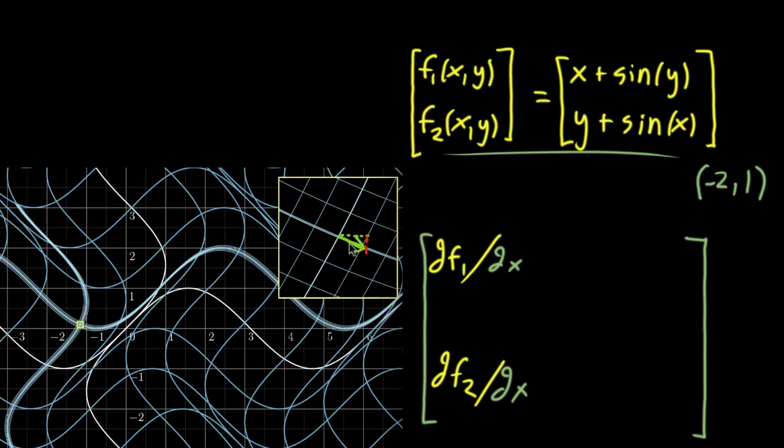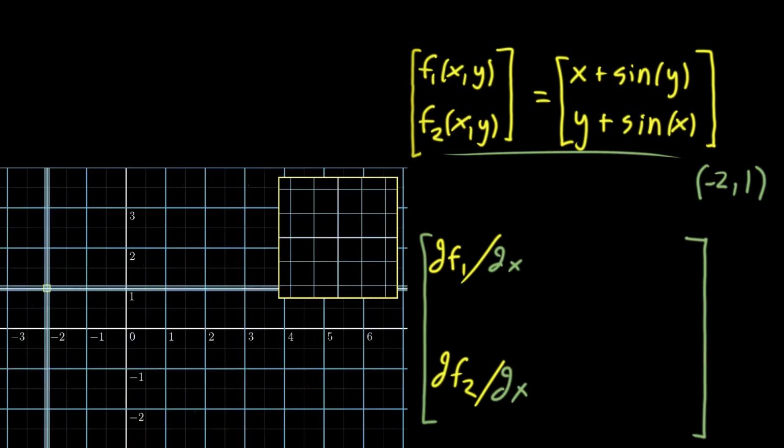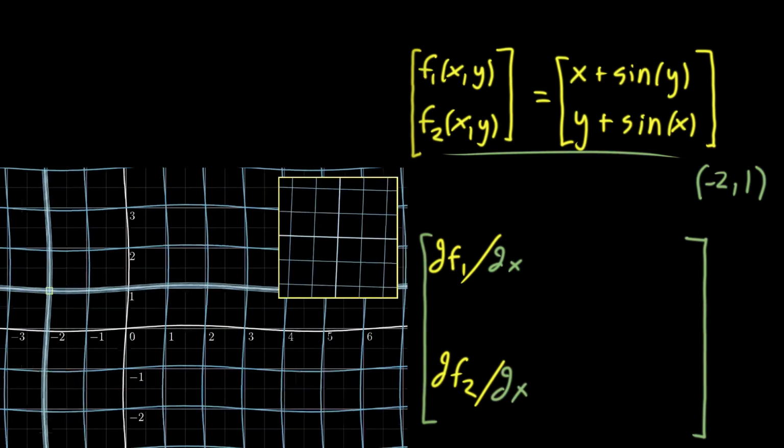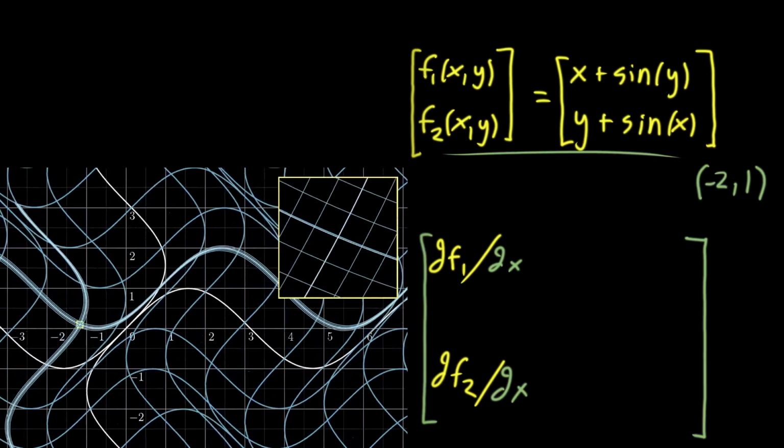So that's all what happens when we take a tiny step in the x direction. But another thing you can consider is a tiny step in the y direction. We want to know, if you take a single step, some tiny unit upward, what does that turn into after the transformation? And what that looks like